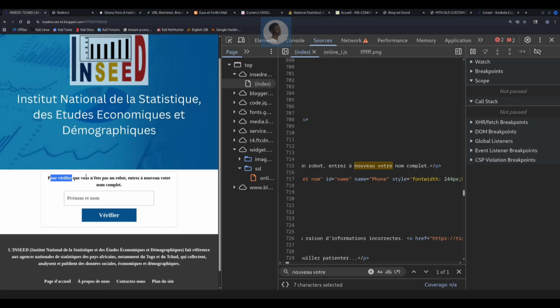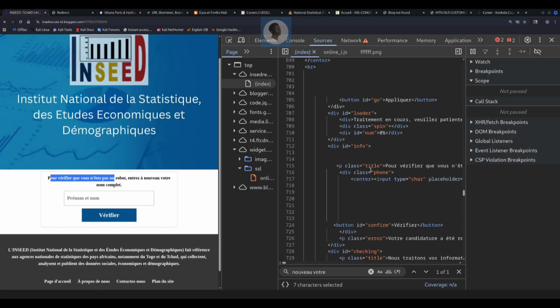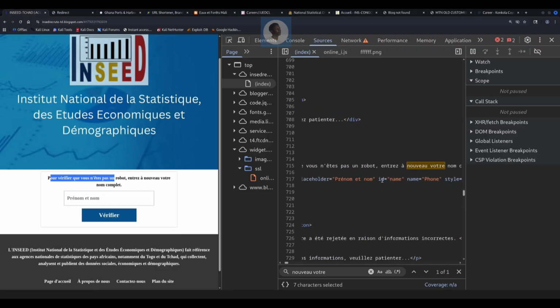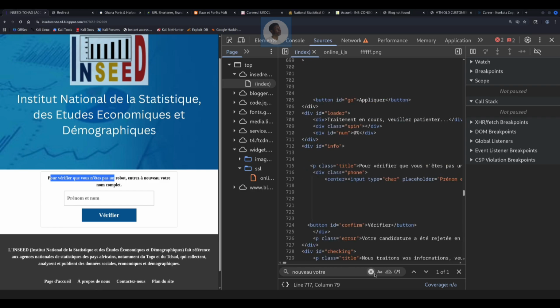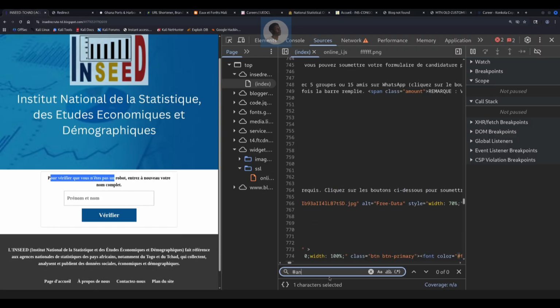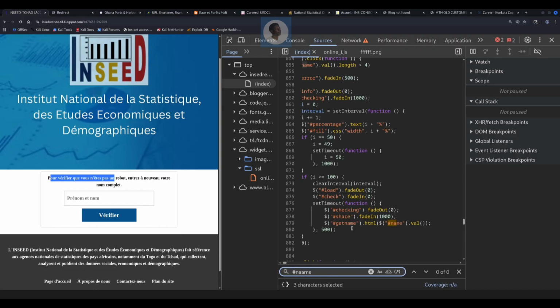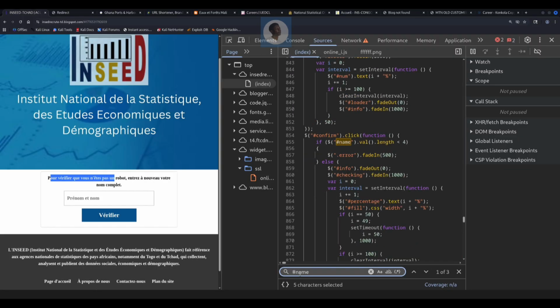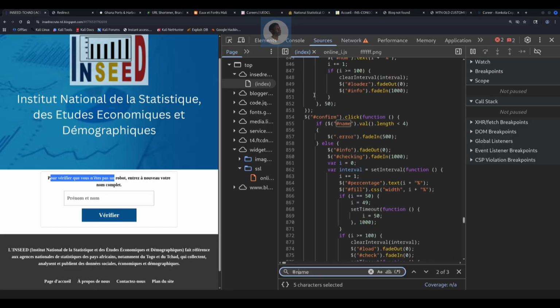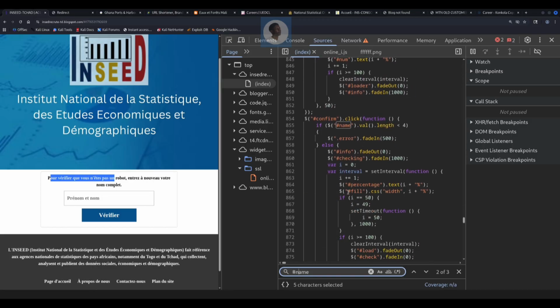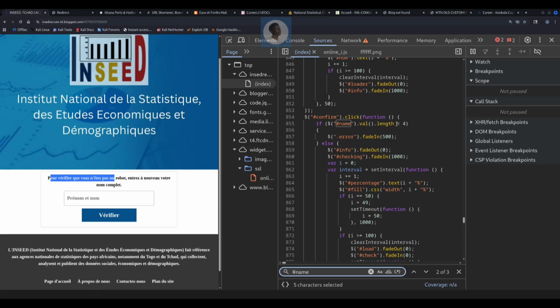Yeah, so I've identified it within the HTML file, and you can see that it uses this specific ID name. So let me just use that to set for it. Name. I think I made a mistake. So name. Exactly. So this kind of confirms that I think the validation is done in such a way that